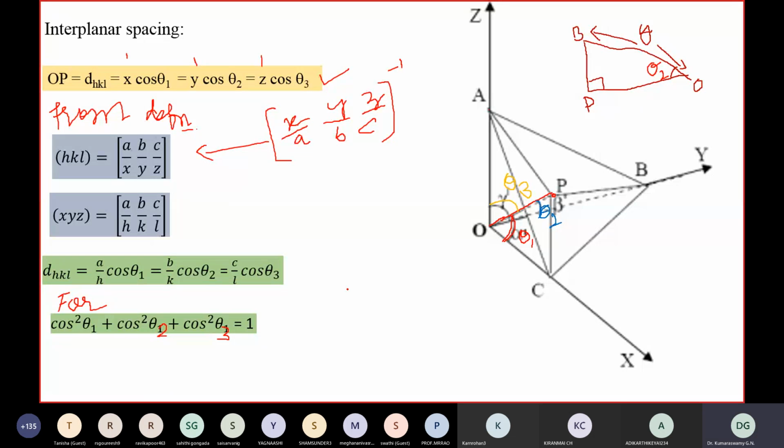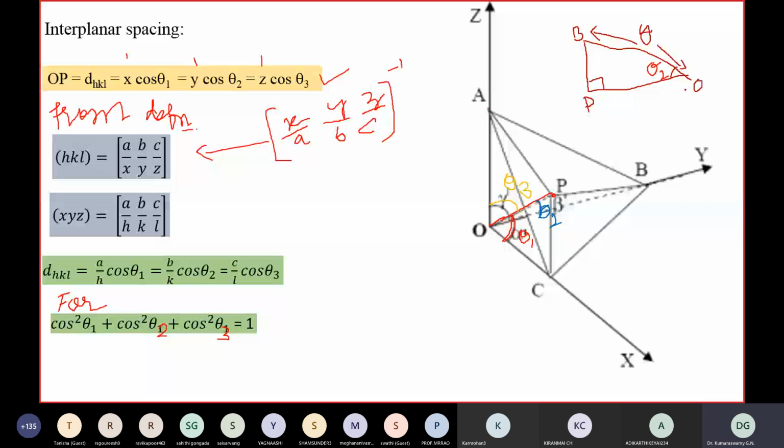For orthogonal, that means three mutually perpendicular coordinate systems. For orthogonal coordinate systems, we have cos square theta 1 plus cos square theta 2 plus cos square theta 3 equal to 1. Right. Now we have cos theta 1 here, theta 2 here, theta 3 here. We will take that and express